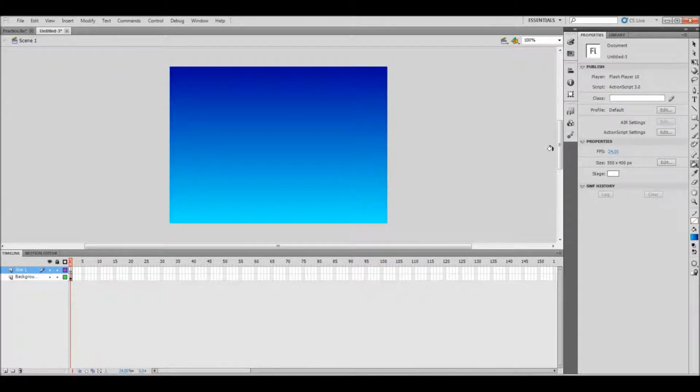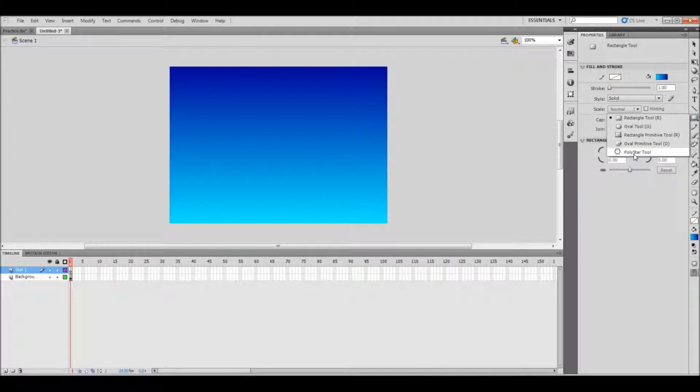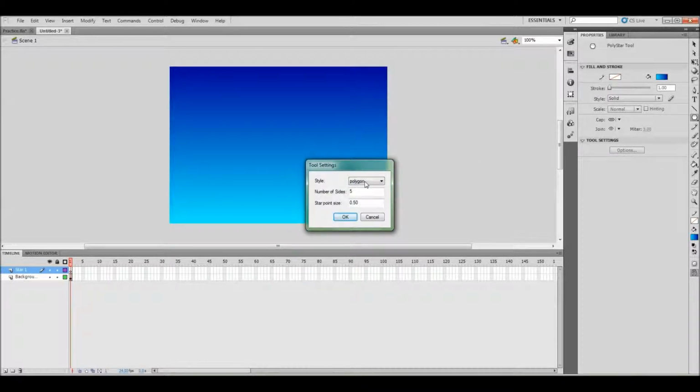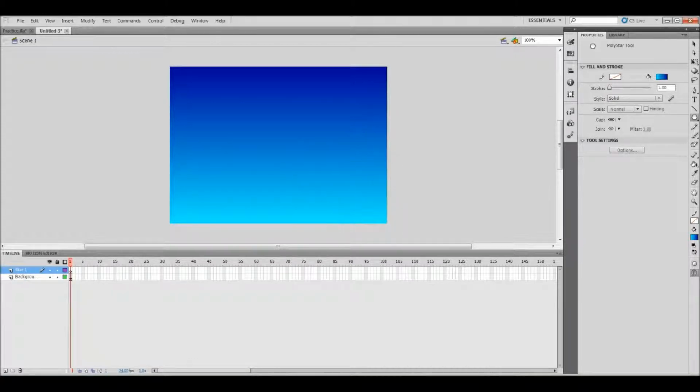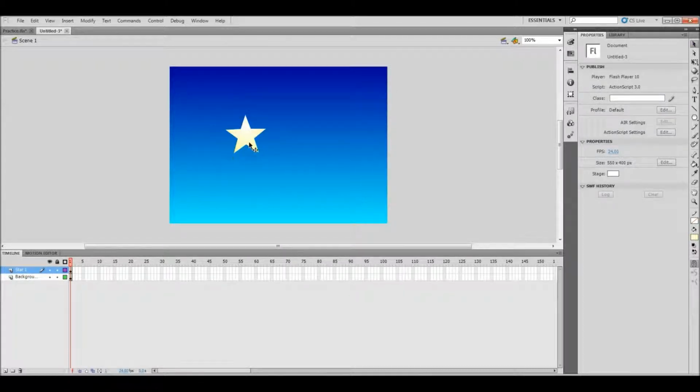I'm going to go back to the rectangle tool. I'm going to hold it down and select the polystar tool. I'm going to select the options from the tool settings and change it to a star. I'm going to press OK. I'm now going to just insert a star in about the middle of my canvas, change the selection tool and